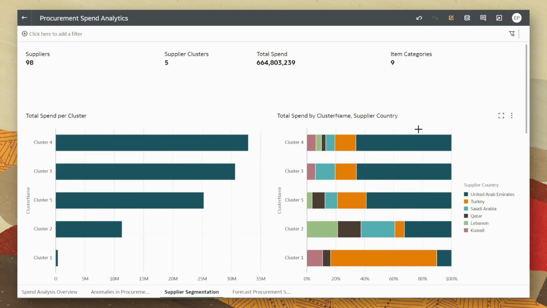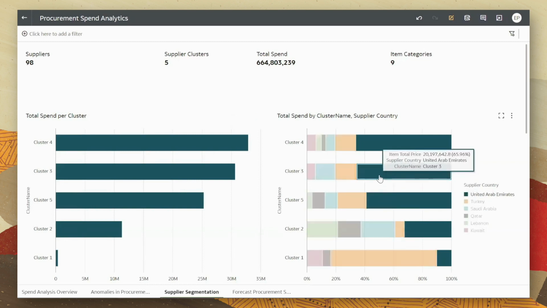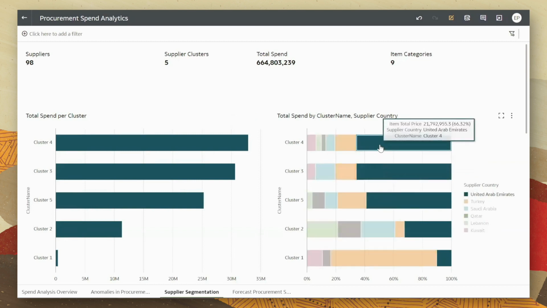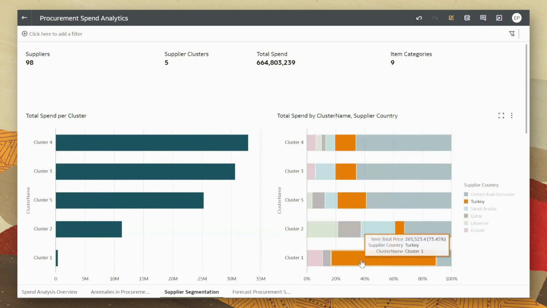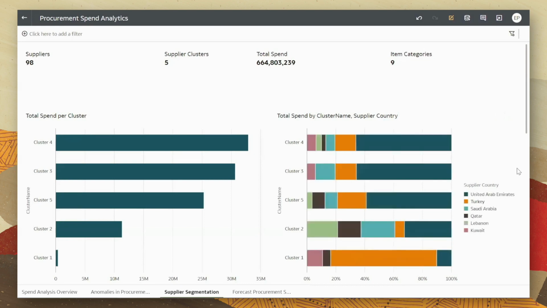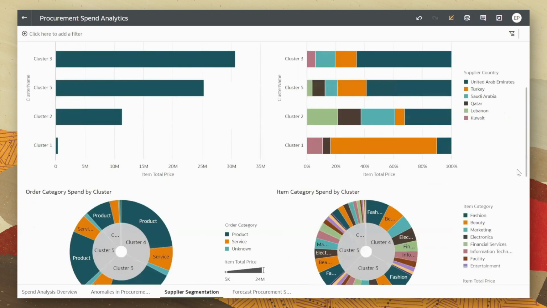As mentioned, I wanted to segment my suppliers into 5 clusters, and I can already see that, for example, cluster 3 and cluster 4 are the top spenders, while cluster 1 spends the smallest amount of money. While in cluster 3 and cluster 4, most of the amount is spent for suppliers in the United Arab Emirates, we see that in cluster 1, most of the items come from suppliers in Turkey. If I scroll down,